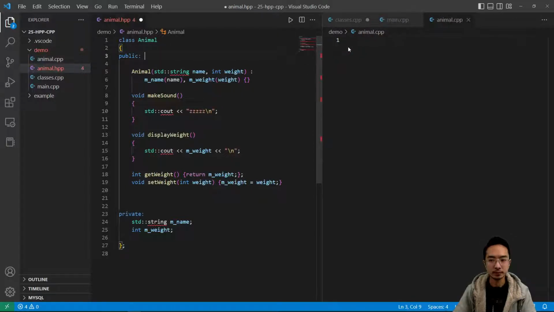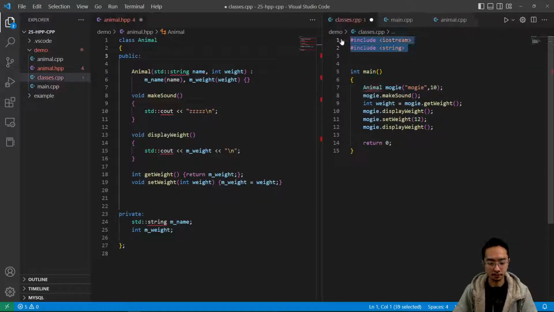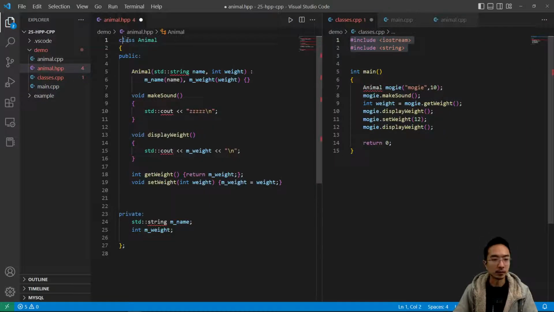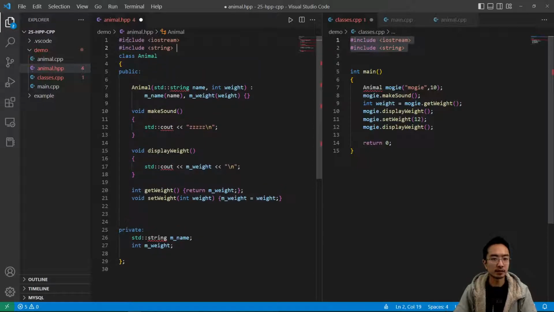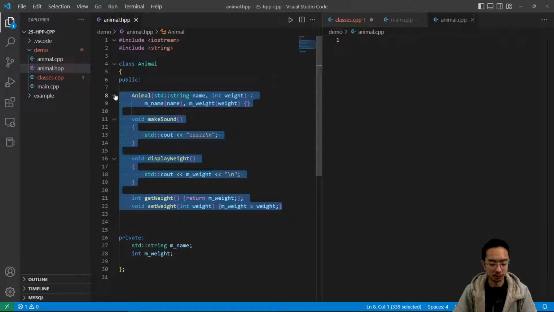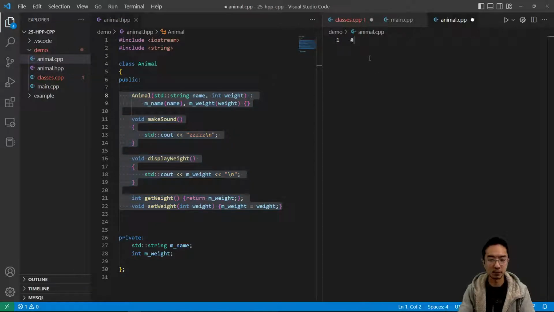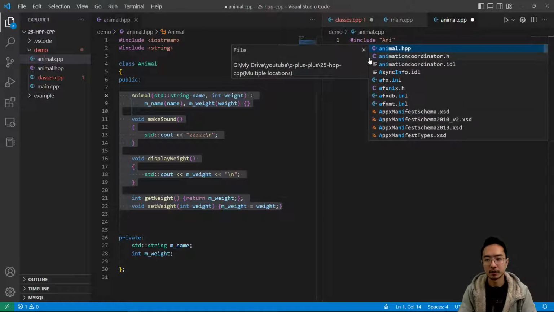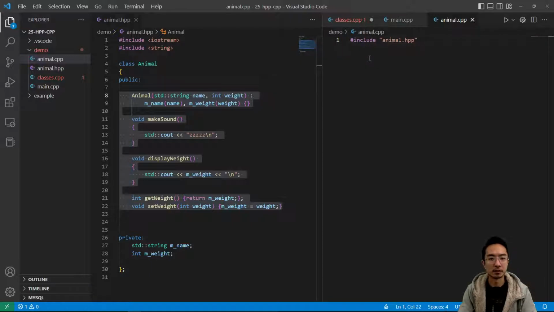Okay, so in our main, we have our classes here. We're gonna leave these in our HPP here. And then our animal class, we're gonna take the content out of it. So pretty much all of this will be similar, and we want to include animal.hpp. Okay, so this will recognize all the function calls from this file,